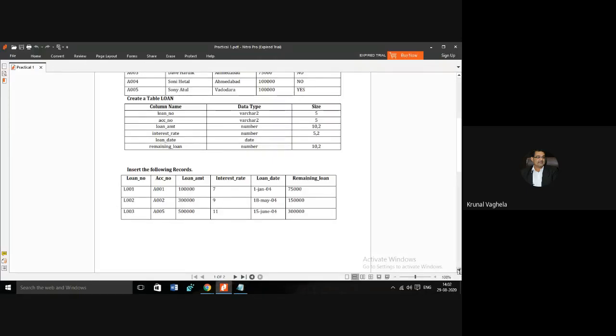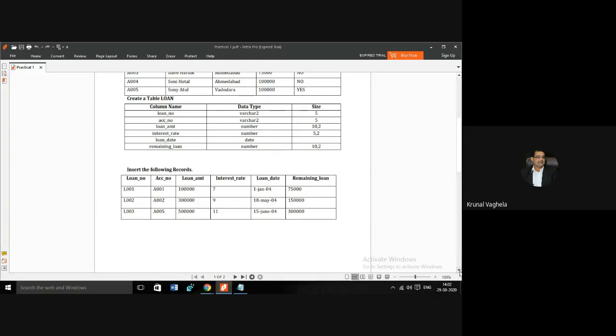I'm repeating, MMDDYYYY. Few earlier versions of Oracle supported the DDMONYYYY format, but here it is supporting MMDDYYYY.